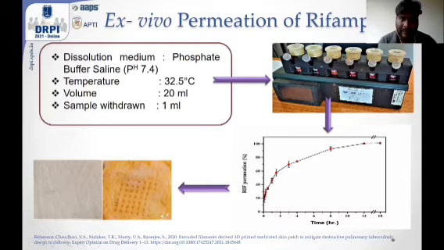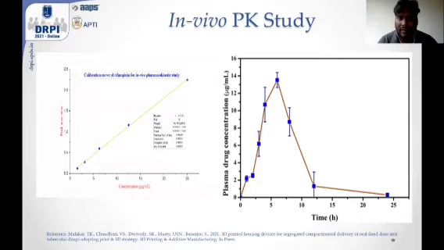Now coming to the in vivo pharmacokinetic parameter study. To perform the in vivo pharmacokinetic study, Sprague-Dawley rats of both sexes were used. The dorsal back of the rat was shaved using electronic trimmers, and after that the drug solution was loaded in the microneedles and capped with the complementary cap designed and printed using the SLA printer. Then the cap was removed and it was directly applied on the dorsal part of the rat.